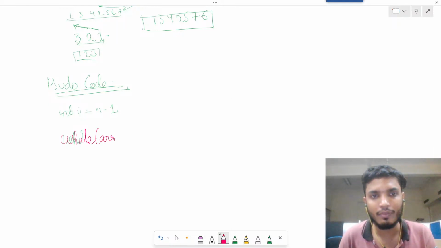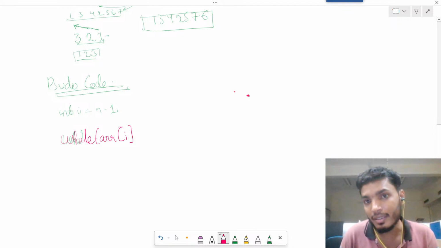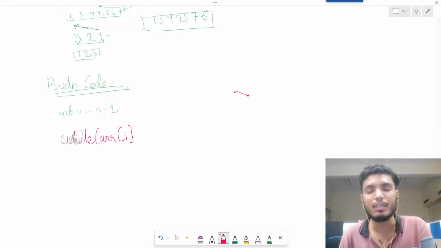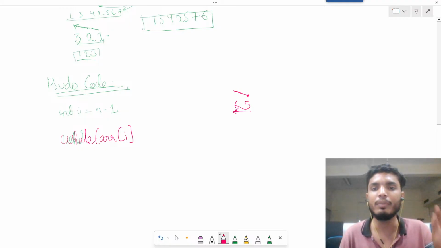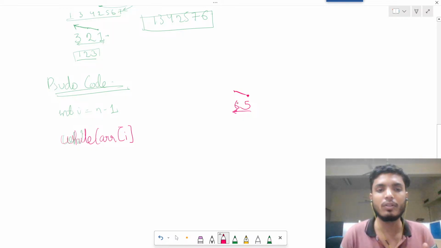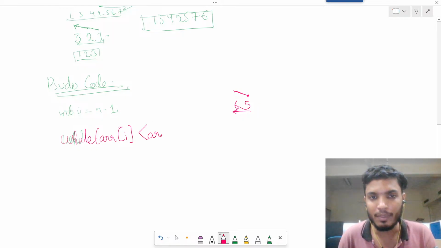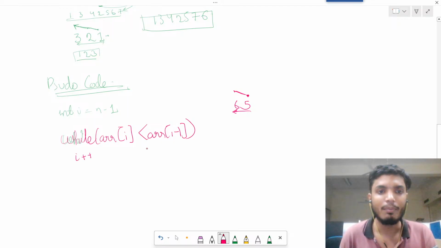while ARR of I, suppose I am at this point, I want my next number, if it is greater, means I will be finding the first point where my this number is, मतलब डिक्रीजिंग पॉइंट देखना है। तो अगर इंक्रीज हो रहा है, इफ द नंबर सपोज आई एम 5, हियर इट इज 6, आई विल बी मूविंग अगेन फॉरवर्ड, बिकॉज आई विल बी ओनली स्टॉपिंग व्हेन देयर इज अ फर्स्ट पॉइंट ऑफ डिक्रीज। सो इफ द प्रीवियस नंबर इज ग्रेटर, then I will simply do I plus plus, but I will also be checking that